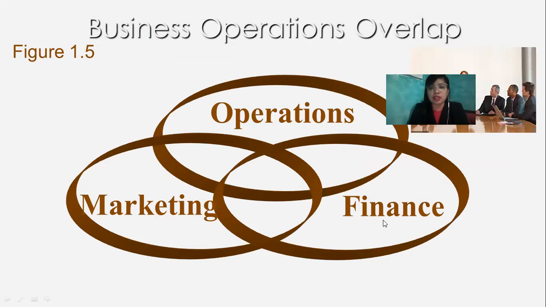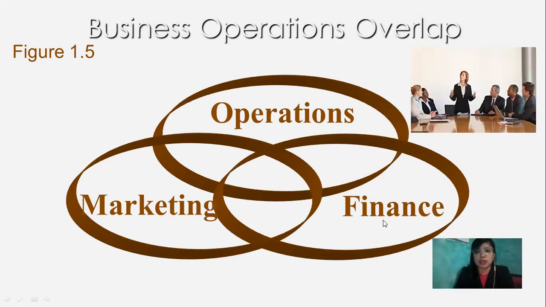Okay, so here is the business operations overlap. This is the focus of the business operation. Of course, in order for the business to exist, we have the finance. The finance is the money involved. This covers all the monetary value involved in the operation. And in order for the organization or the business to become profitable, of course, this is also important, the